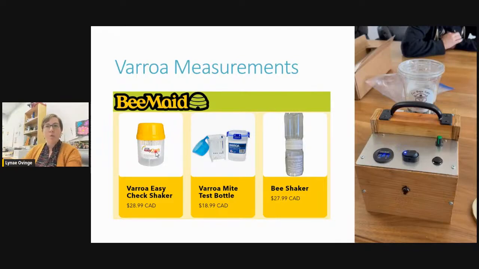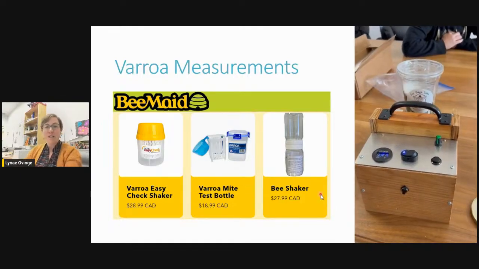And that works really well because the mites kind of drop to the bottom, and they're not getting stuck in the bees as well. Now, this one has an awful lid. And this one, I've got some beekeepers in Alberta here who sing its praises. They really like it. They say it comes with clear instructions. It also comes with instructions in Spanish, which is useful.